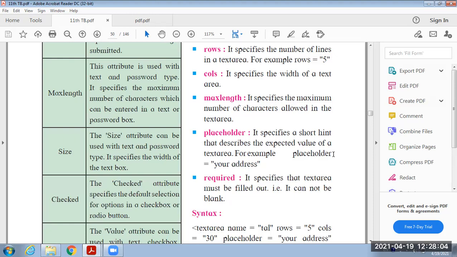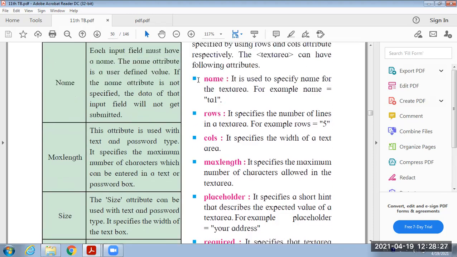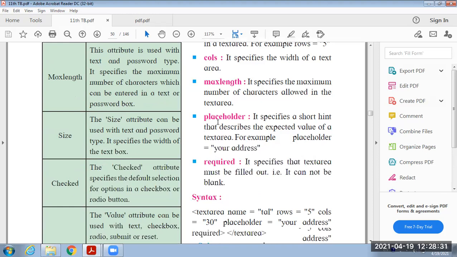Then placeholder is the short hint provided to specify the required data, and the required data is indicated by the attribute required. That means if you want feedback compulsory from all the participants, in that case, you have to use the textarea, and within that textarea, you have to provide the placeholder as well as required attributes.